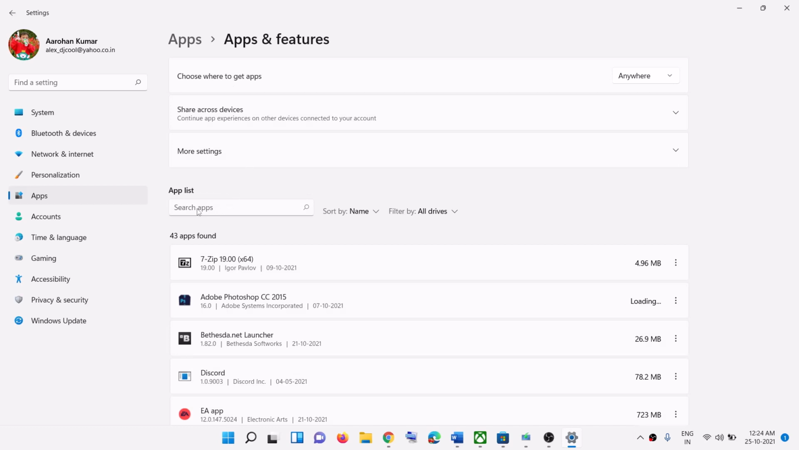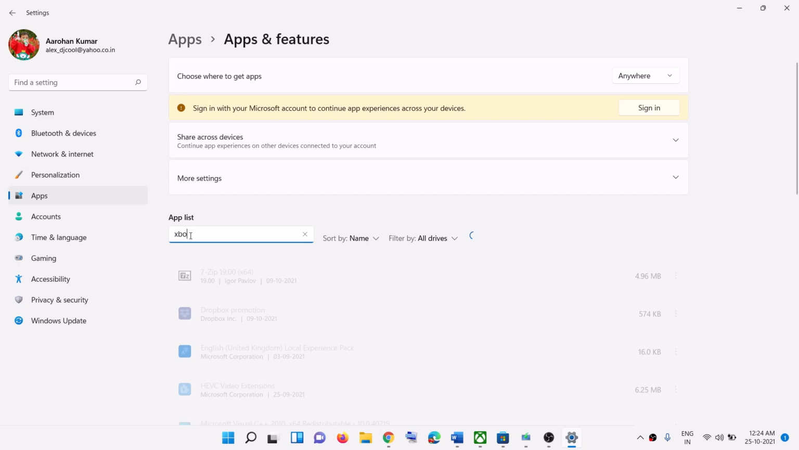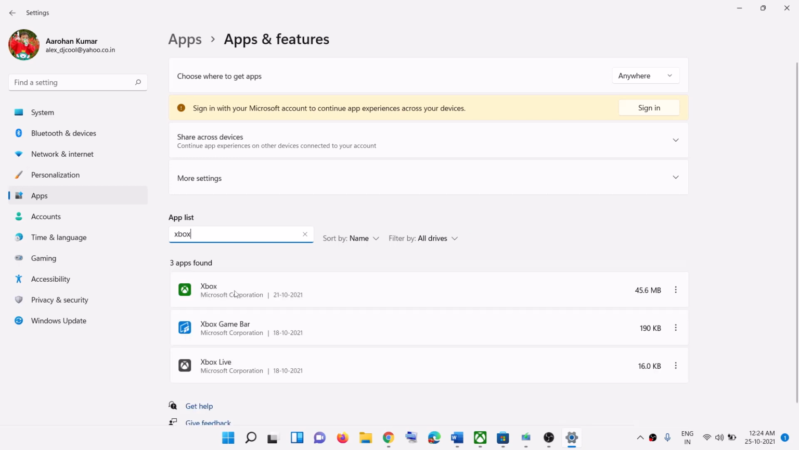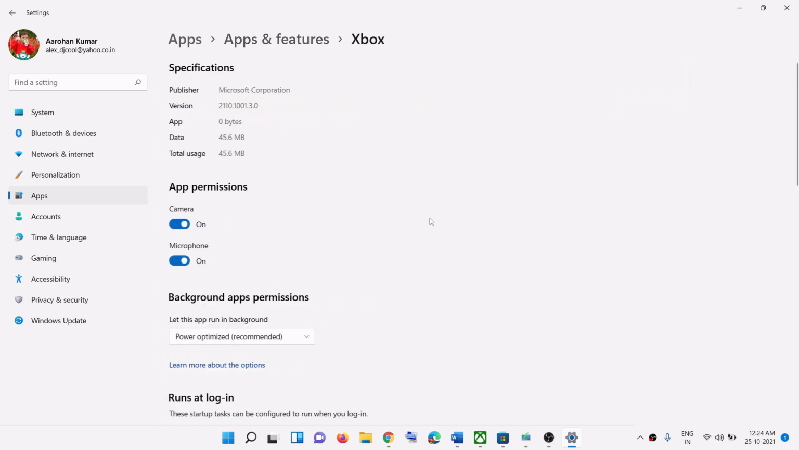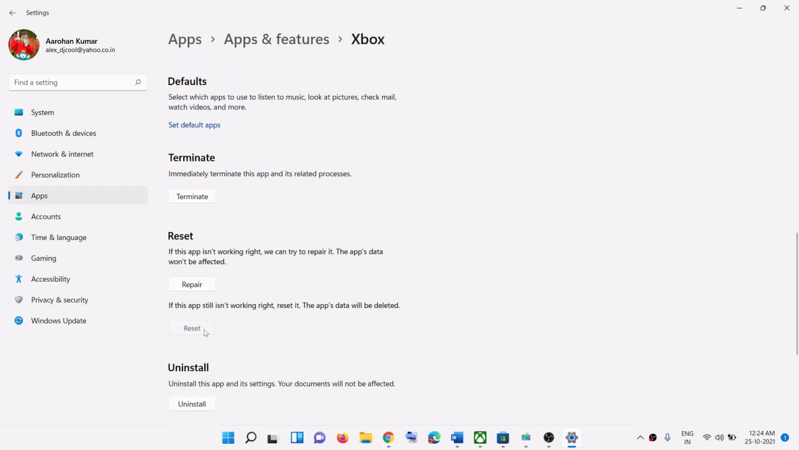Now over here you can go ahead and search Xbox app. So you can go ahead and type in Xbox in the search box, and then in Windows 10 simply click on Xbox app and then you will see the advanced option. In Windows 11 click on this three dot, then click on advanced options. Now scroll down. Now over here you can see the reset option, so click on reset, and once the reset